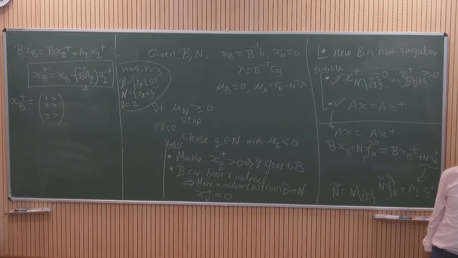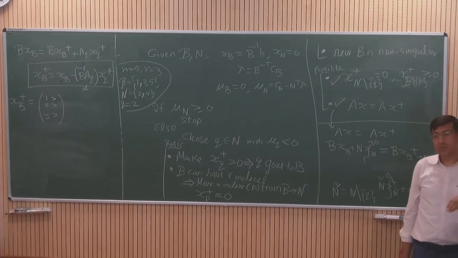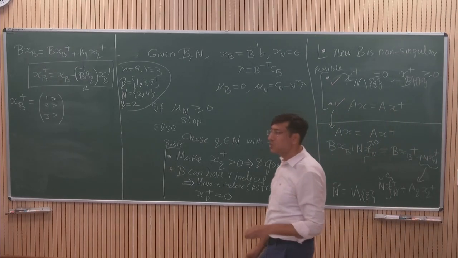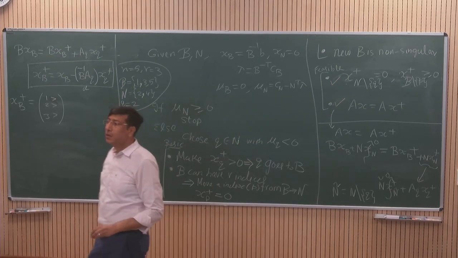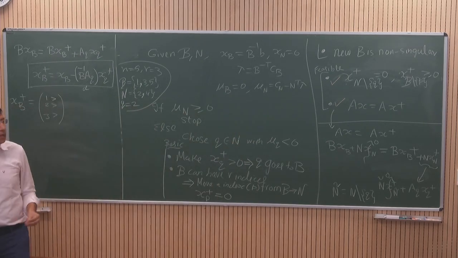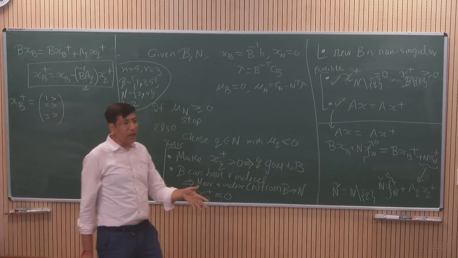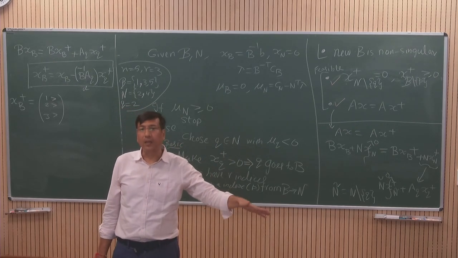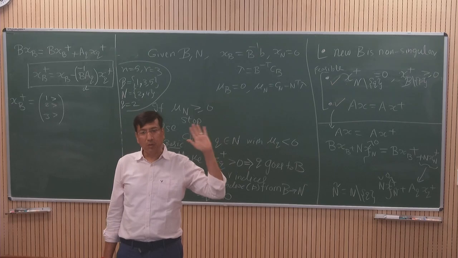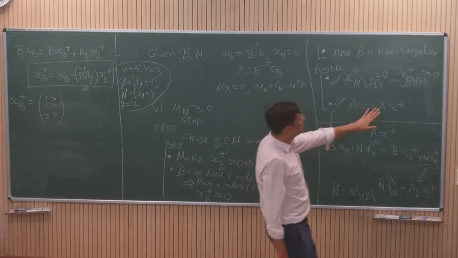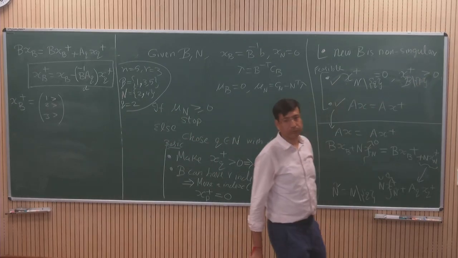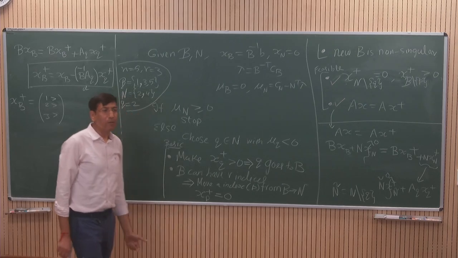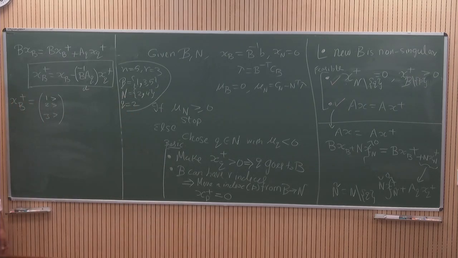The case when some elements of xb become equal to 0 is called a degenerate case, which is one of the failures of simplex. So for the sake of simplicity, assume that B contains inactive and N contains active, rather than B containing both active and inactive. You know, it's not greater than or equal to 0, it's strictly greater than 0. So we'll just stick to strictly greater than 0, okay, for the moment. We'll come to the case when it's equal to 0 specifically. So I took a case when all are strictly greater than 0,